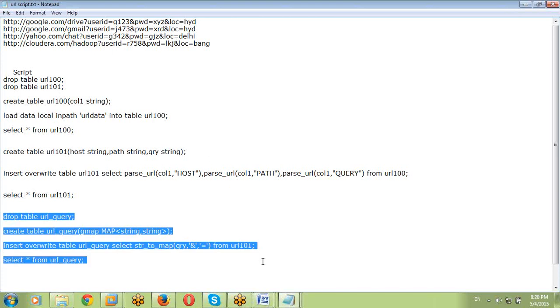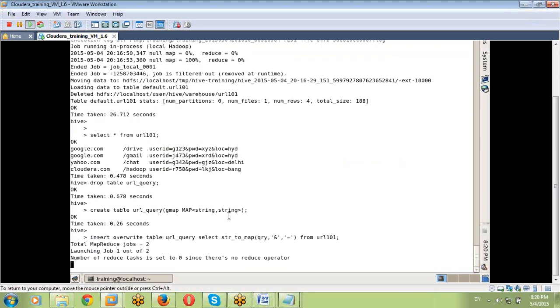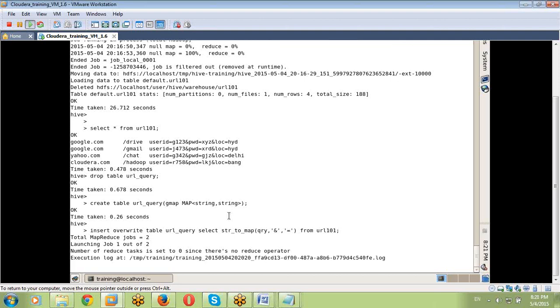I want to check it. Control C, paste it. I'm pasting all the queries. Enter. Right, so the map production has started.